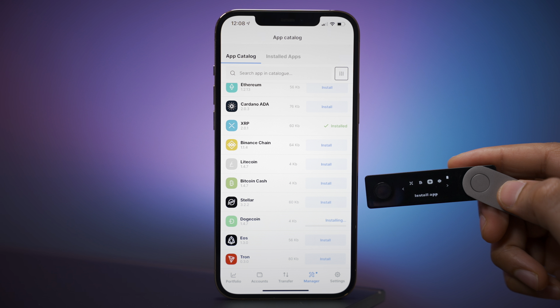like this. Now, there are many hardware wallets. I'm not specifically recommending the Ledger Nano X, but I do recommend that you invest in a hardware wallet if you're involved in cryptocurrency in any meaningful way. And you can see, you can easily install, for instance, a Dogecoin app. I think is that how you pronounce it? Dogecoin, I've always wondered. Or XRP, or any sort of cryptocurrency. You can install those applications and store the private keys related to that cryptocurrency right here on the Ledger Nano